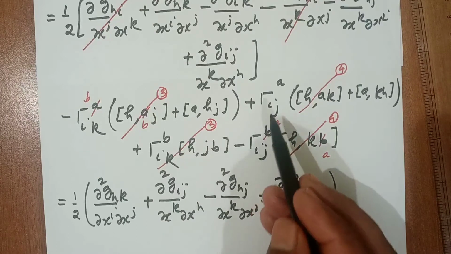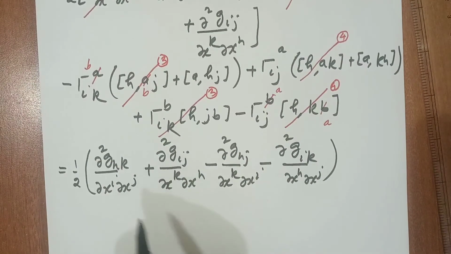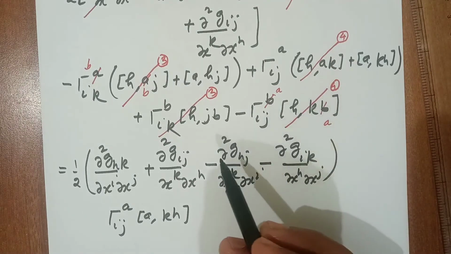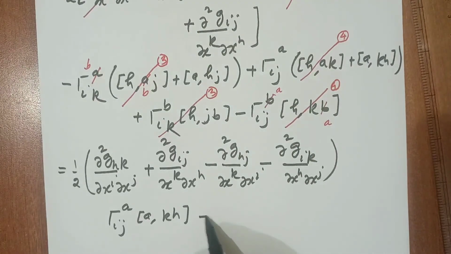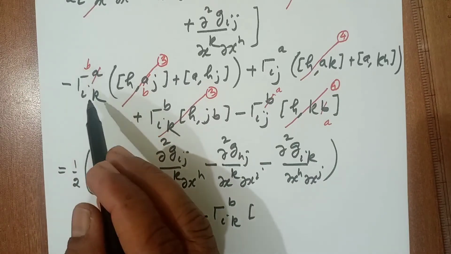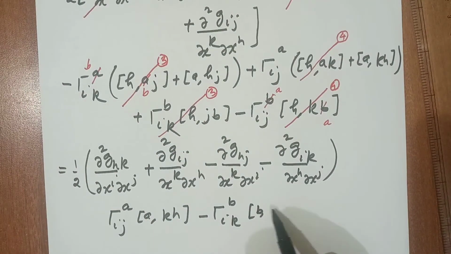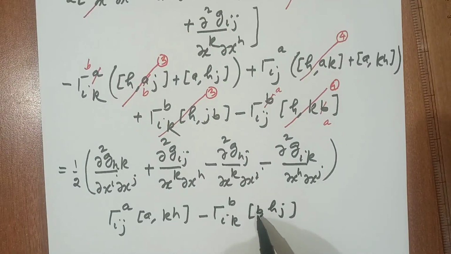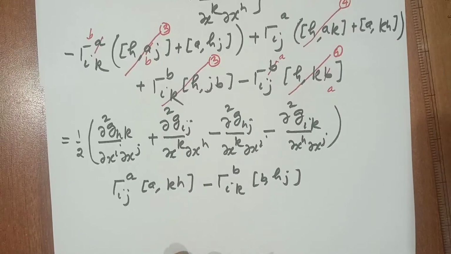Minus or plus, first we write here a_ij, a_kh, this term, and this is minus b_ik, b_hj. We can write also a_sj, so a_ik, no problem, because b is dummy or a is dummy. Okay, so this is